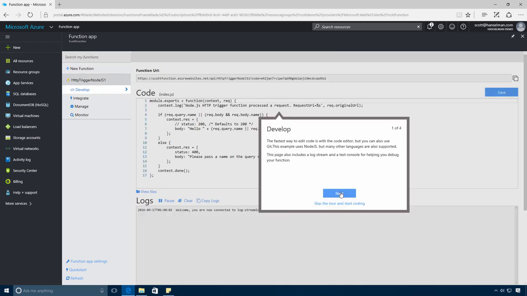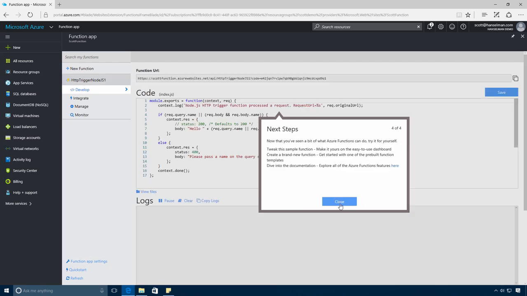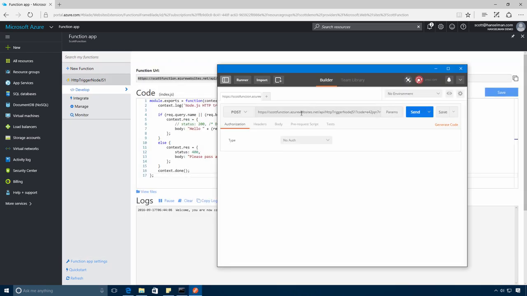I'll be able to edit this with the code editor, but I could also use Git and deploy this from my local machine. Again, this example is using Node, but other languages are supported. Here I'll trigger on an HTTP request. I can set my bindings and my outputs. I'm going to call my new Azure function with Postman, this little utility, and I'll pass in my name. When I hit send,